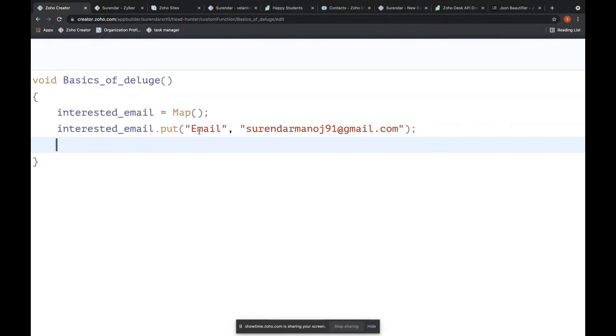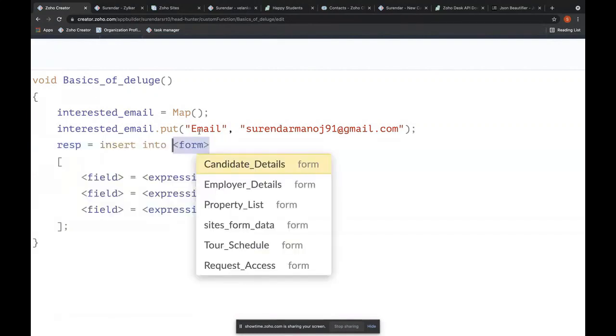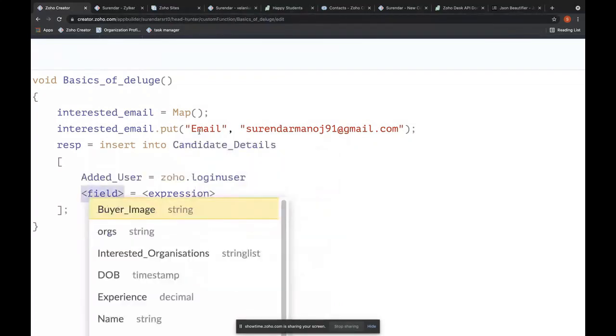So let us insert a record. Response is equal to insert into the form candidate details. So we are going to say